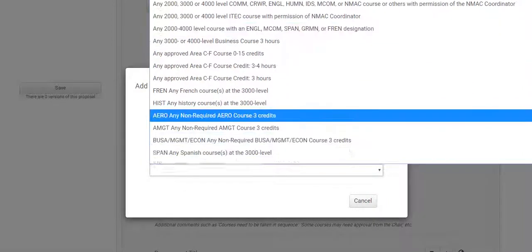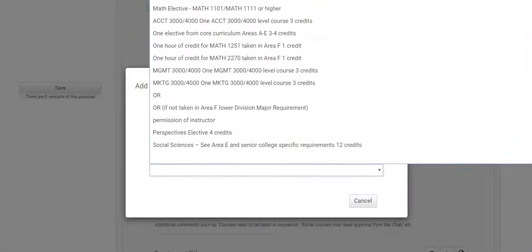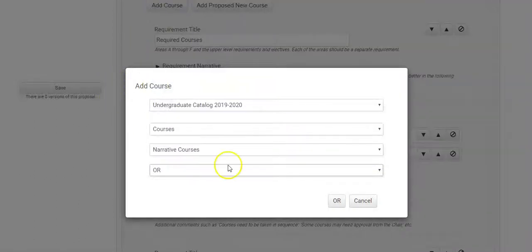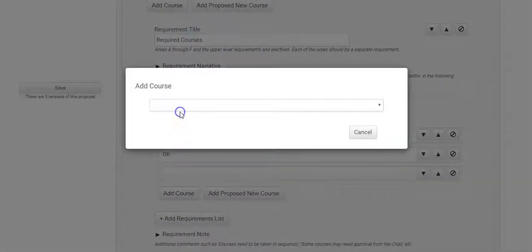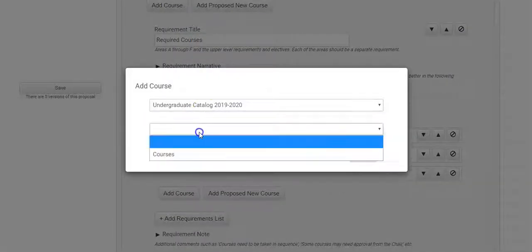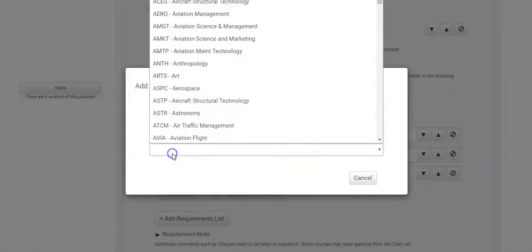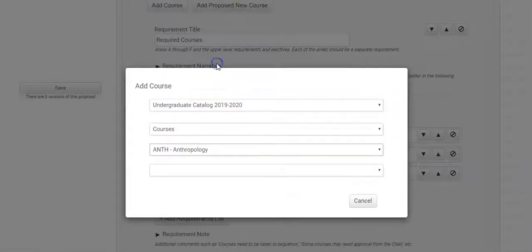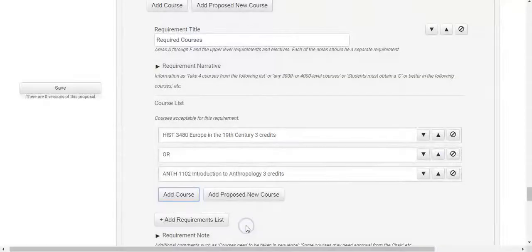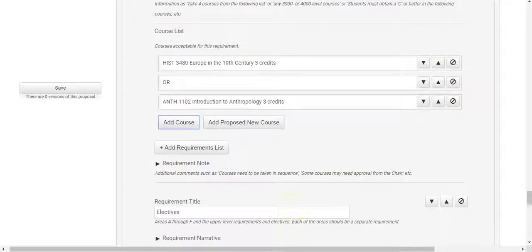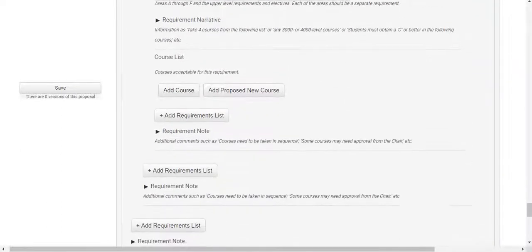But this is where you're going to find and, this is where you're going to find or, and if you need to put a space in a course table, you can also find it there. I'm going to pick my other one, and anthropology. And that's my classes. And so you're just going to do this for all of the subsections that you have,